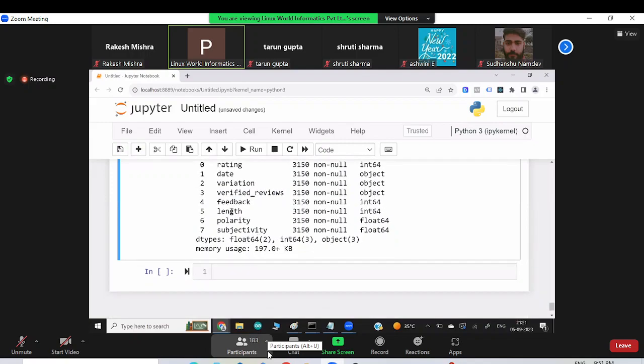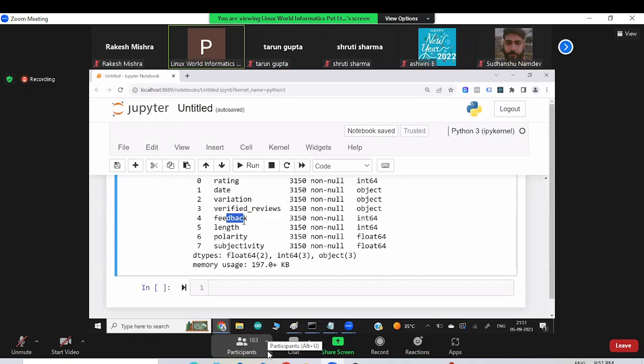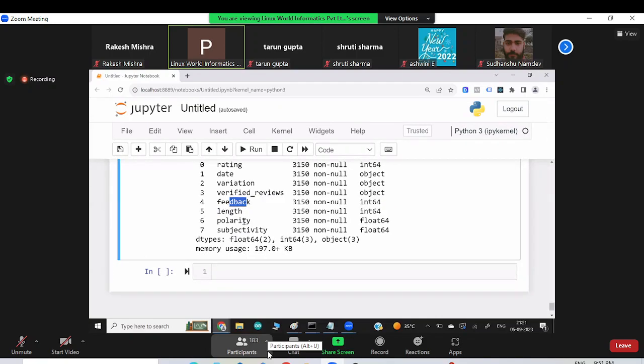Okay, and because these are numbers, any mathematical operation or data analysis operation we can apply very easily. If you want to draw a graph or visuals, there are a lot of tools available in the market, but anytime you get a graph or visuals, we need a number. We can't get a graph on top of strings or natural language, right? Now we can get a graph very easily, where we can see how much customers like the product, don't like the product, and many more things we can draw. We'll see that in a future class when we need to create a graph.